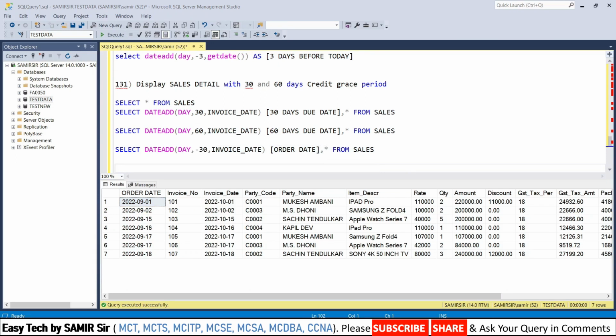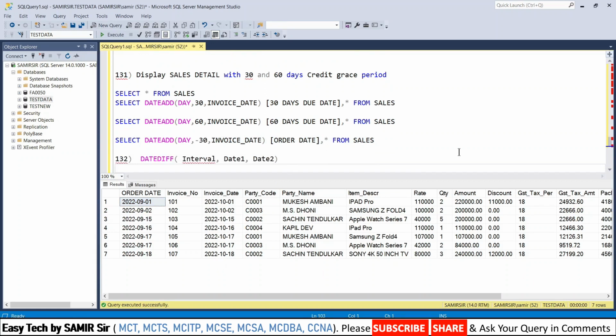Now, the next query is to work with date difference. Okay, so query number 132 is date difference. Date difference will give you the difference between two dates. You have to specify two dates and you want to find out the year, month or day. Let us say you want to find out the total number of years, date difference,